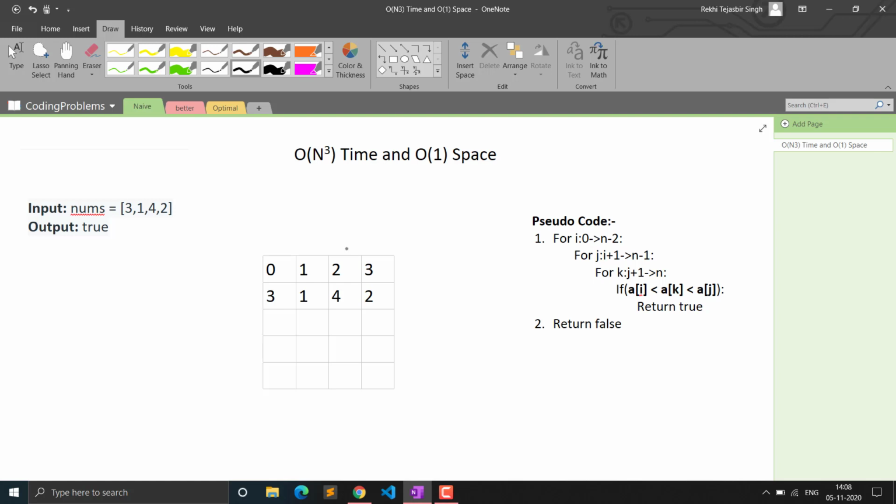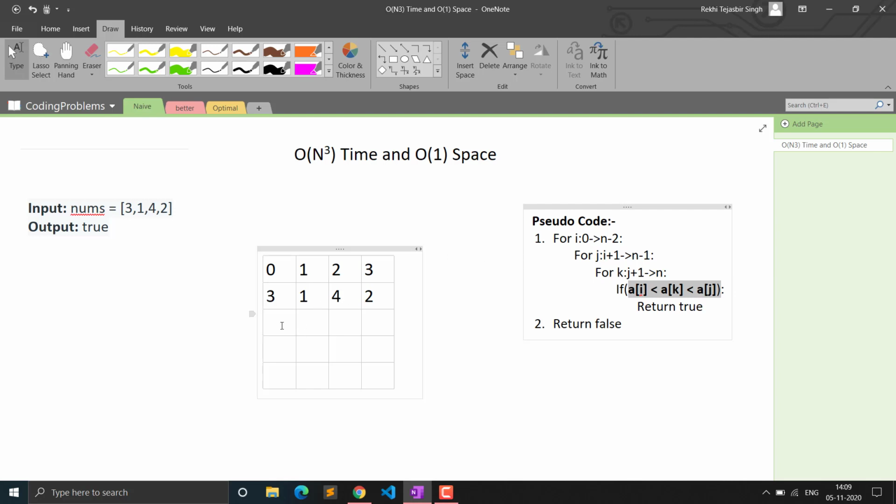If you are asked this question in an interview for a company like Amazon, you should start with the basic naive approach, in any interview, for any question. So as you know, we have to find three variables such that a[i] is less than a[k], and a[k] is less than a[j]. That means the middle element should be greater than both elements, and the last element should be greater than the first element. For doing that we need three variables.